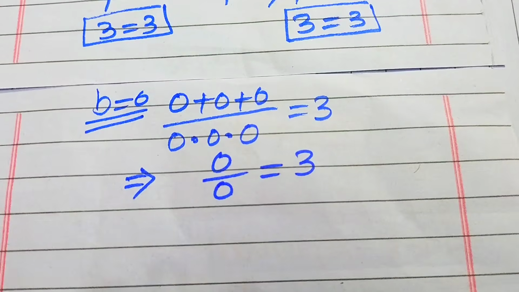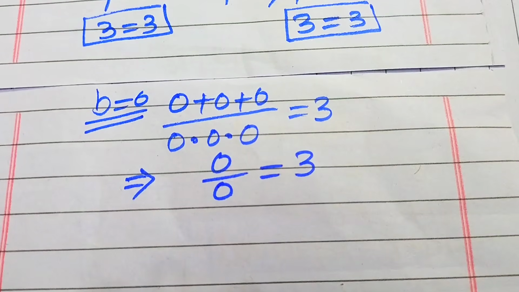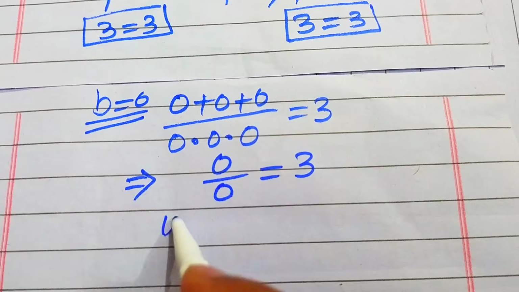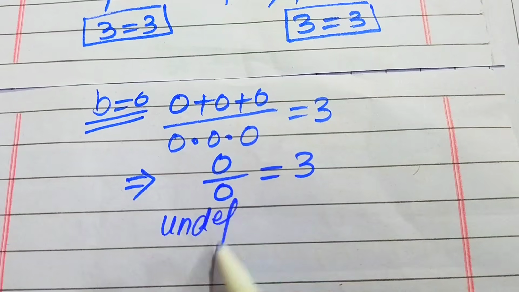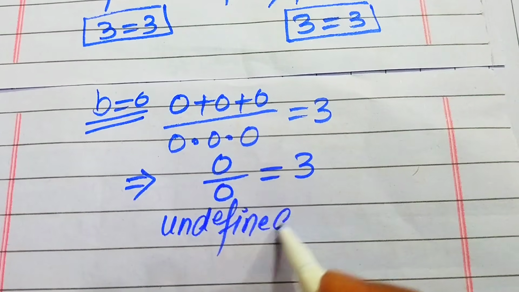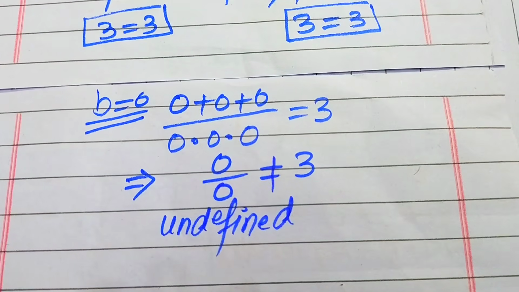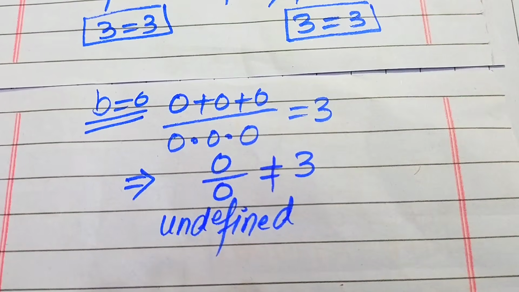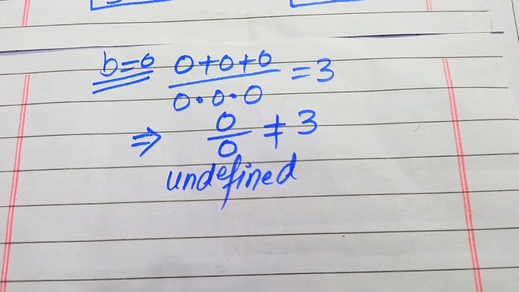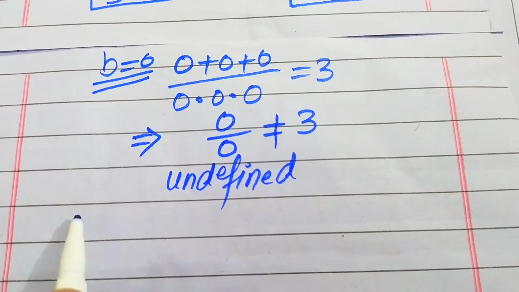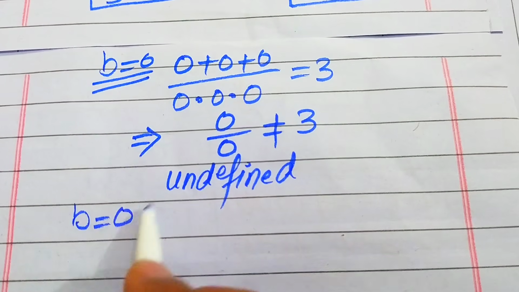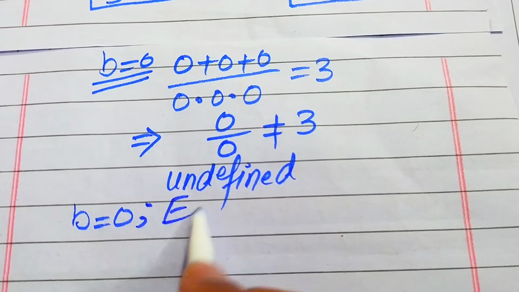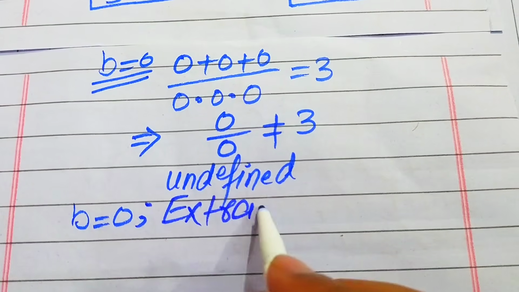And you very well know that 0 over 0 form is usually called an indeterminate form, or in other words we say that it is an undefined form. If our left hand side is undefined, this means that both sides are not equal, and if both sides are not equal, this concludes that the value b equals 0 does not satisfy our given question statement, and now we will call that b equals 0 is the extraneous root of